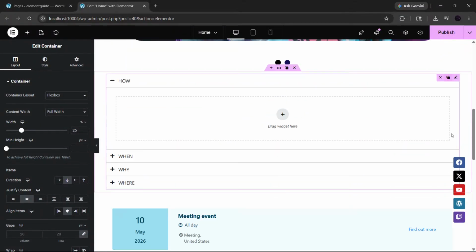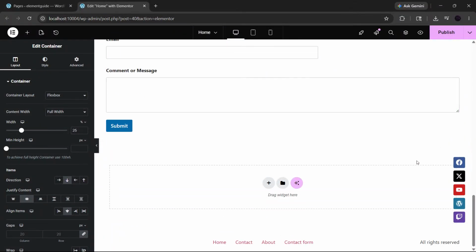In today's video, I'm going to show you how to display two columns on mobile in Elementor quickly and correctly without breaking your desktop layout. This is one of the most useful mobile design fixes in Elementor because by default, a lot of content stacks into a single column on phones. If you want your layout to look cleaner, more balanced, and easier to scan on mobile, this simple adjustment can